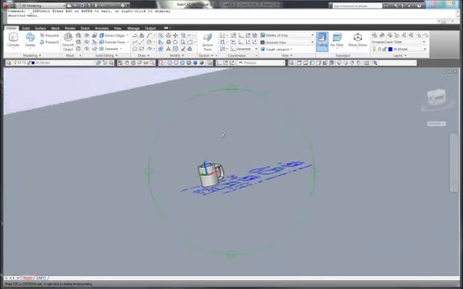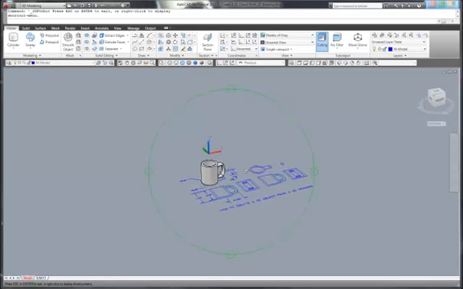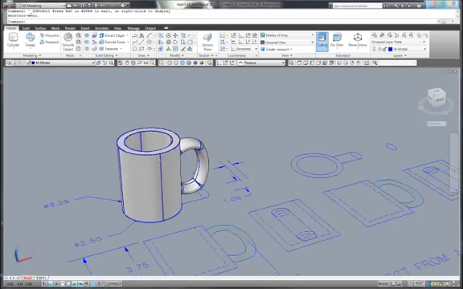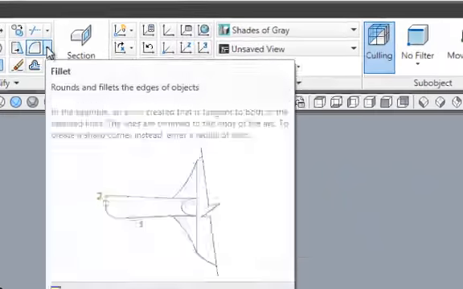Now we have taken a 2D drawing and turned it into a 3D object. And while we're here, we can do a little more to our cup, just to show you some of the other things that we can do with our editing. What we can do here now is go over to modify, and we can go up to fillet. Okay, and we can pick fillet,